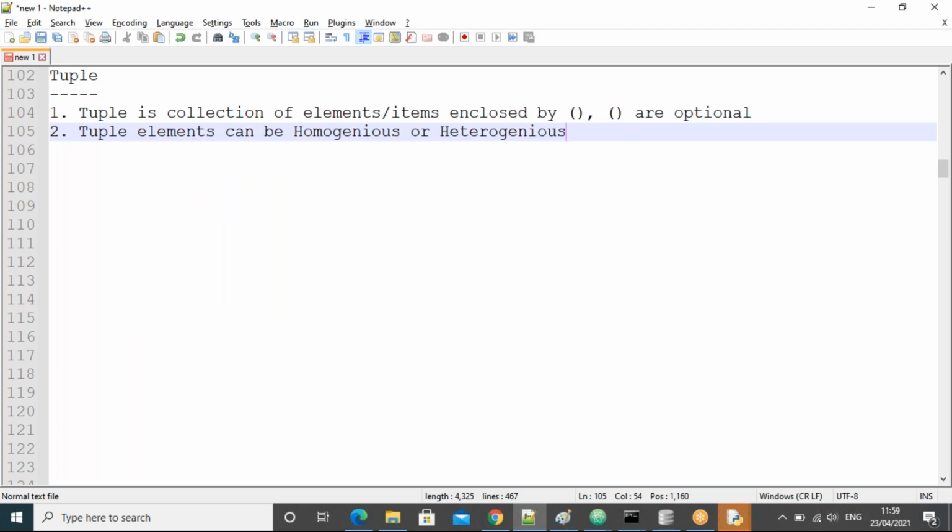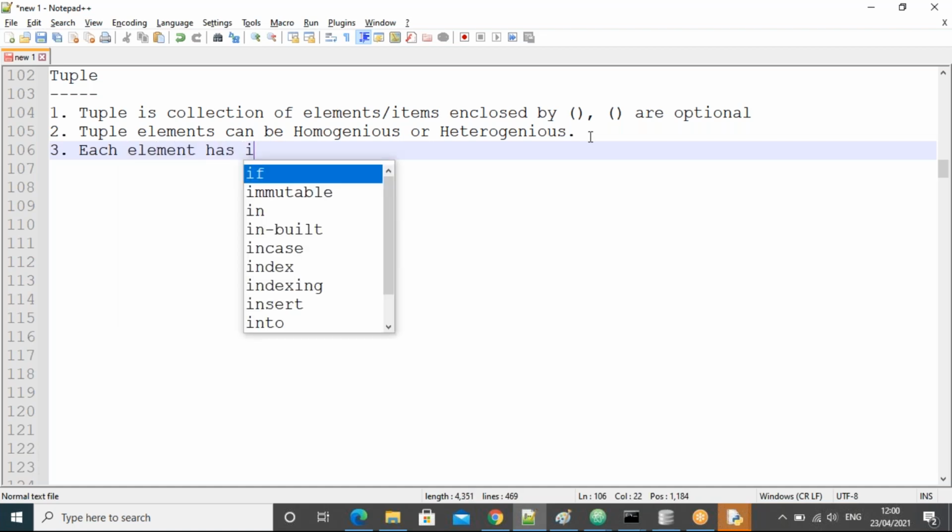Remember what is the meaning of homogeneous and what is the meaning of heterogeneous? I hope you remember. Homogeneous means the object has all the same type of elements, guys. Heterogeneous means the tuple can have different types of items or elements.